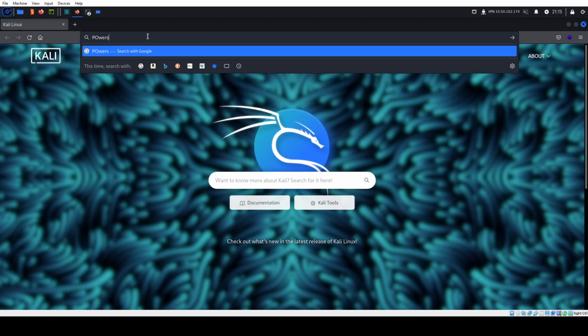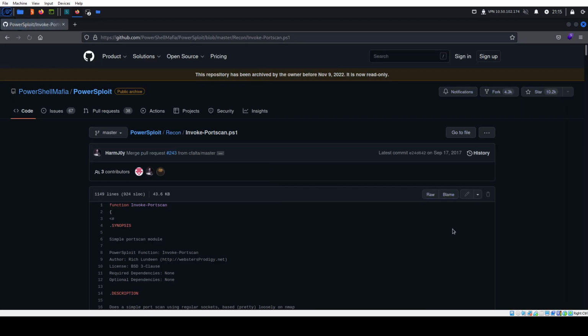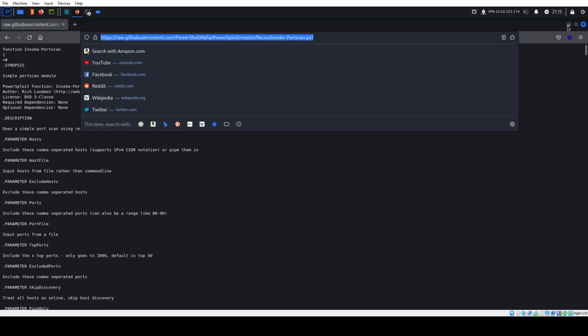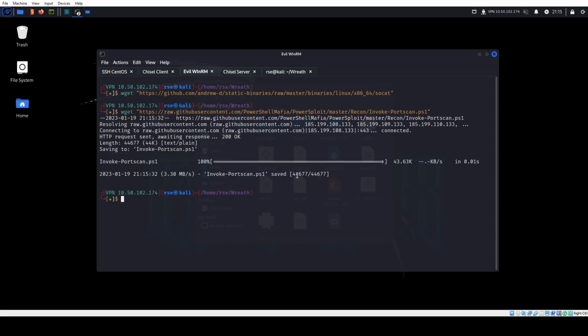So if we Google something like PowerShell Mafia GitHub port scan, Invoke-PortScan, there's this script here that can do a port scan for us in PowerShell. You could just download it, right? You could use wget. So wget, download this thing here, and we're gonna move it